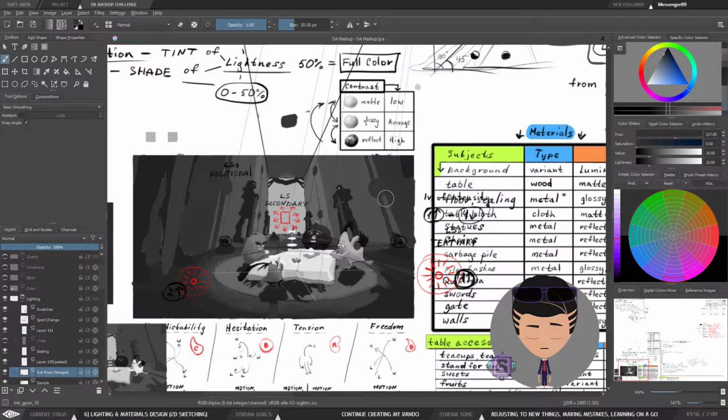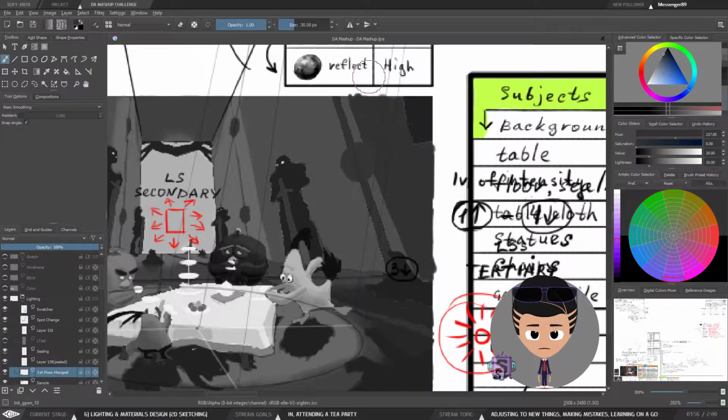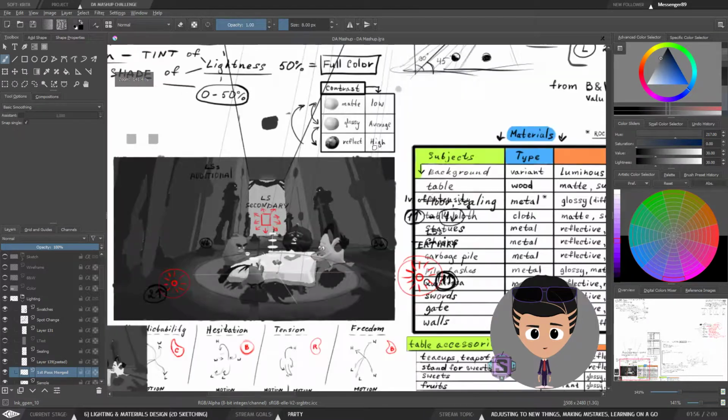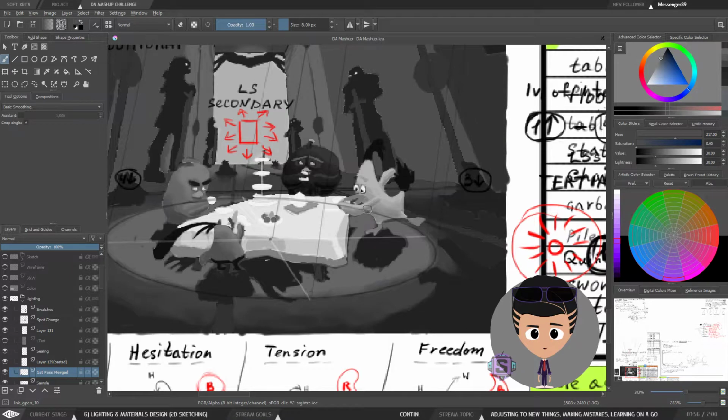Because again, I'm not going to consider all these bounce lights now because it's not that important at this particular moment. We need to establish just basically the darkest darks and the lightest lights and see how they're going to work. If they're going to work, then the rest of the questions we're actually going to answer on the rendering stages, because these questions are usually answered on the rendering stages. Bounce lights, occlusions,